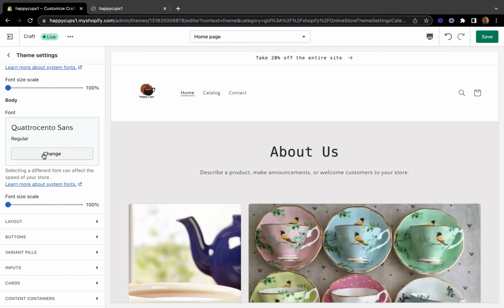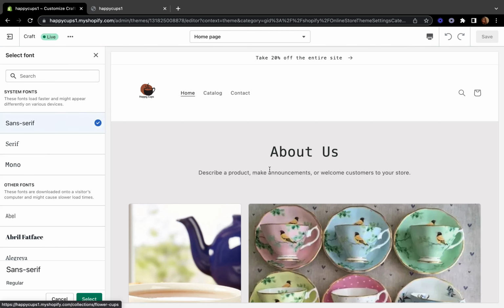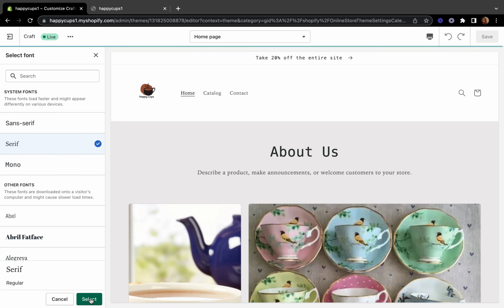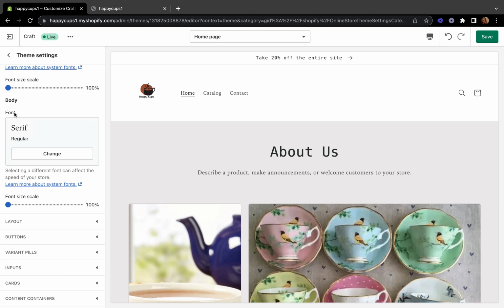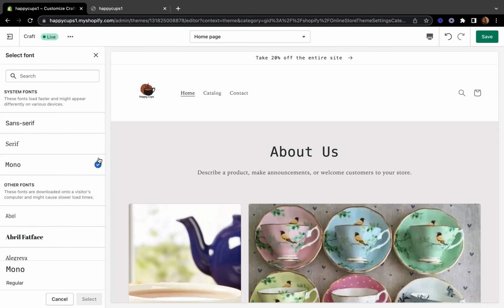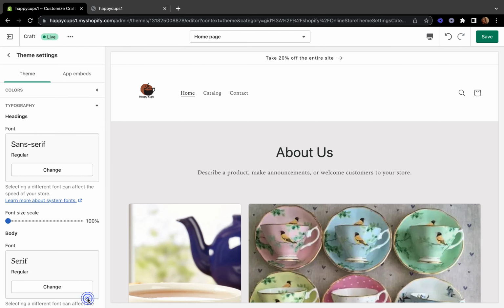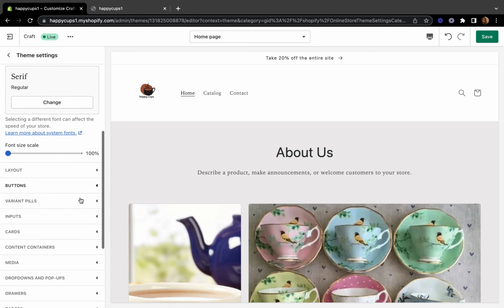professional. And then here we can change our body text, and when we click sans serif, our body section will change there. And here, as you can see, I select serif, there is mono. Okay, I'm just gonna click serif and leave it like that. I think I'm just gonna change my font one. I don't like the mono. I'm just gonna put sans serif. Okay, and then click select. So that is how you can play with